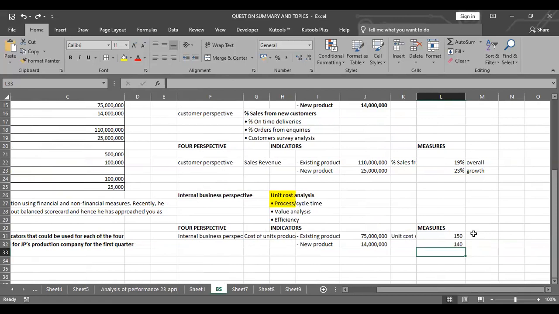It tells you that, as you check into that, you would notice that from that angle, the unit cost under the existing was a bit higher by a difference of 10. Those are the comments you need to make. There's a difference of 10, and that difference is that this became a little bit cheaper. Maybe they did evaluation, they did value analysis and reduced some things, or did whatever they could to make sure they get the best of that.